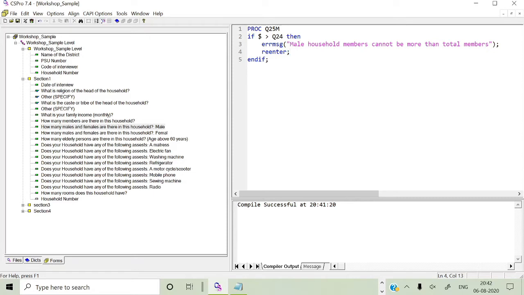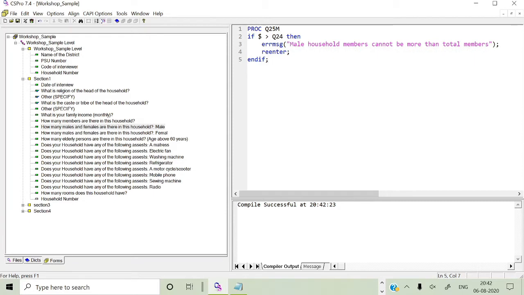So it's very clearly saying that you have to execute the thing. That kind of programming you have to make. So here is what we have done. When you are writing a statement, it's very clearly stating the total member cannot be more than that. This kind of statement, wherever there is validation,